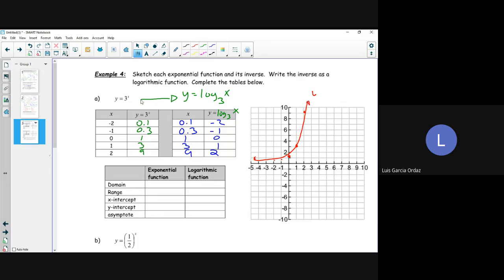So the red one is going to be y is equal to 3 to the x. And then our inverse one will be described by the green graph. So we get 1 and 0, 3 and 1, 9 and 2, 0.1,